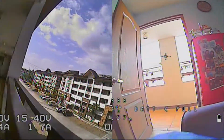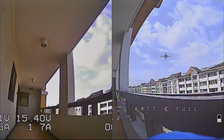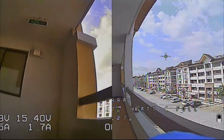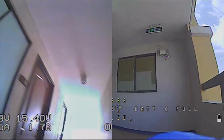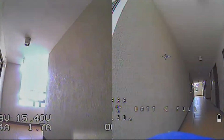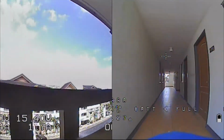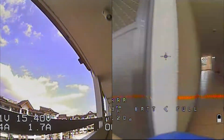Now let's go on out, and this is a side-by-side comparison between the TBS Micro on the left and the Runcam Robin on the right. So as you can see, both are showing really nice colors, but the Runcam Robin really shines when switching between light and dark areas. As you can see, the TBS Micro is taking its time switching the exposure, but with the Runcam Robin, you practically can't see any